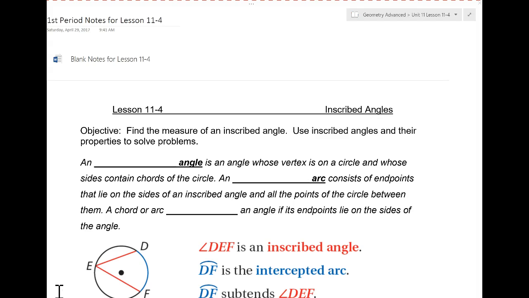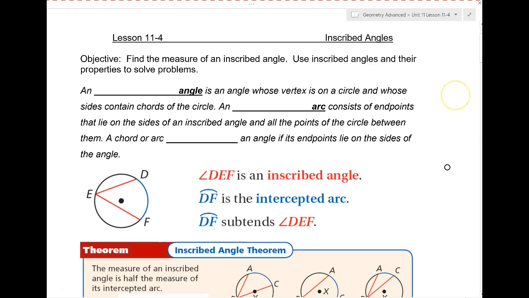Are you guys ready? All right, so first things first, let's get our definitions down that we need. And the first one is called an inscribed angle. Now remember some terminology that we used before. Inscribed is when either the circle or the polygon is located where? Inside. So when I have an inscribed angle, guess where the angle is going to be located? Inside the circle. So an inscribed angle is an angle whose vertex is on the circle and whose sides contain